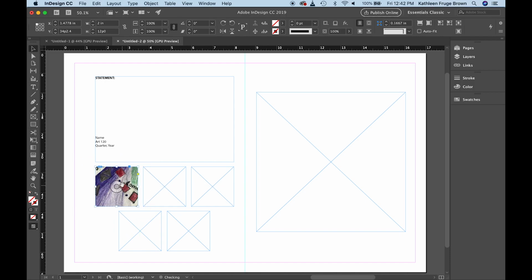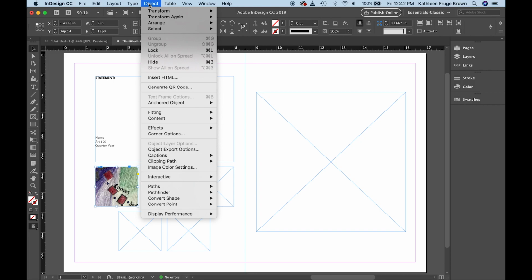Now you'll notice when I do that, this brown outline appears, which shows me how big my little picture is, my sketch 1, relative to the frame, and you'll see it's a lot bigger. So I can use that frame as sort of a cropping box if I want, right, by moving it around with that little drag circle. But that's not what I want to do. I want my picture to fit right within the frame. So we're going to fit it in by going Object, Fitting,